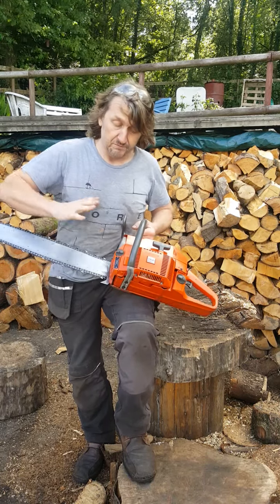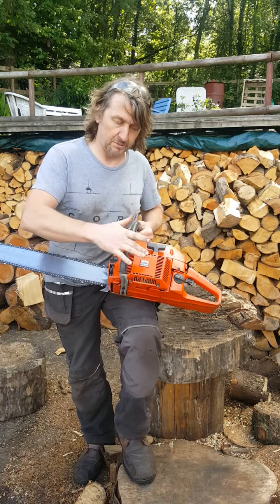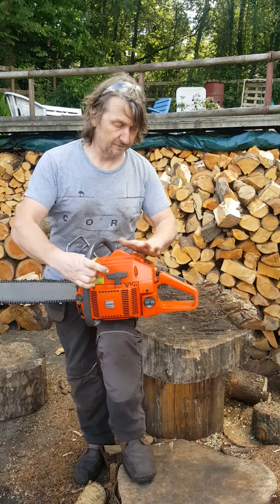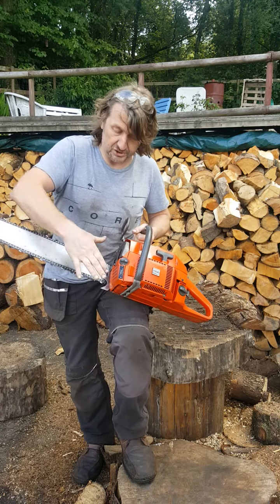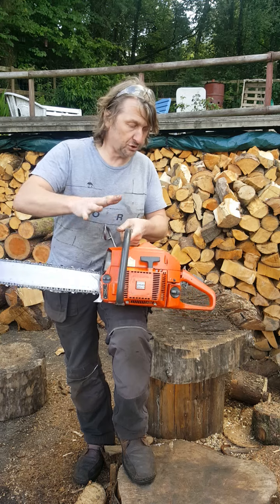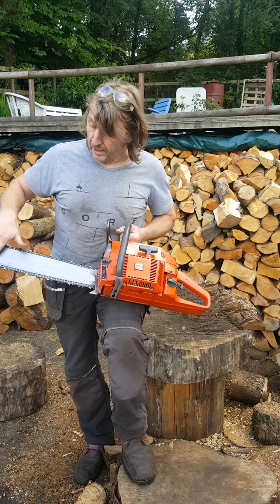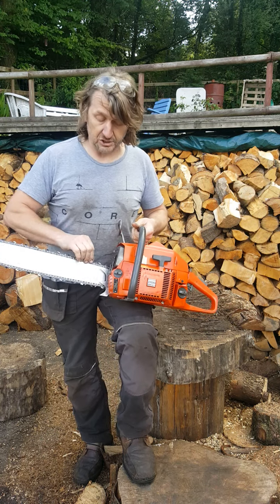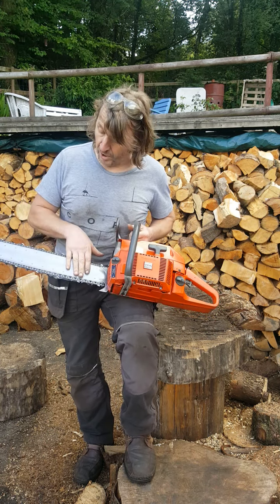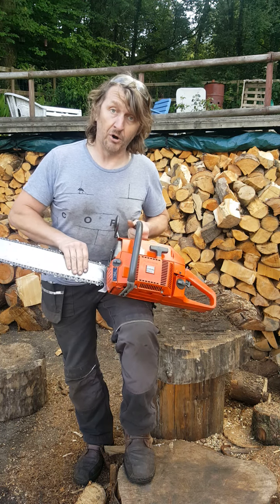So the saw is completely unmarked and undamaged all the way around. Original serial number plates and badges in place. No breaks anywhere. Original exhaust and original felling spike. All the screws are original. And I wasn't a huge fan of the Oregon bars, and so I sourced a while ago an original Sandvik bar, which